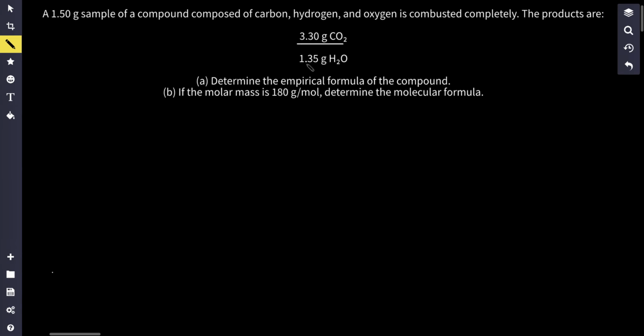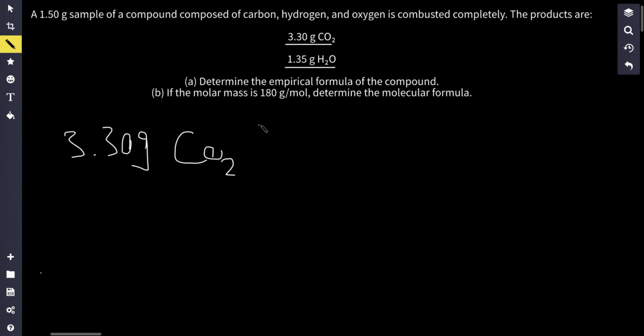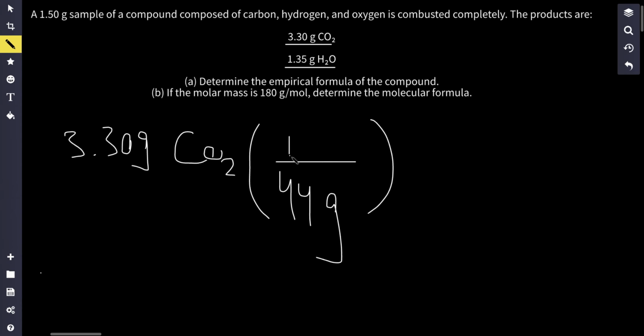Well, first of all, I'm going to start by converting these values into moles. So I know that I have 3.30 grams of CO2. How many moles of CO2 do I have here? Well, the molar mass for CO2 is around 44 grams for every 1 mole of CO2. So putting this into your calculator, 3.3 divided by 44, you're going to get 0.075